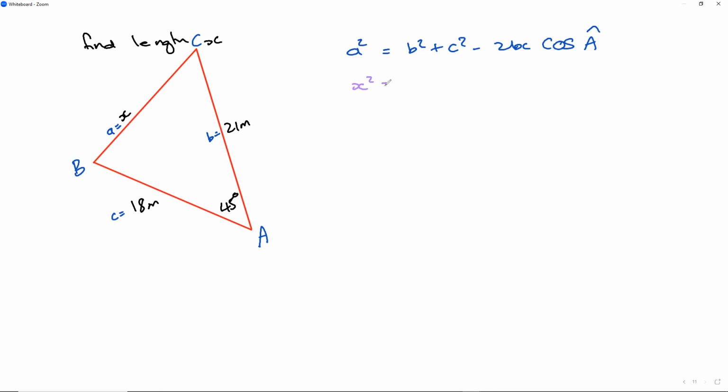So I've got x squared equals b squared, which will be 21 squared, plus c squared, which would be 18 squared, minus 2 times 21 times 18 cos 45 degrees. Putting this on the calculator, I got 21 squared plus 18 squared minus 2 times 21 times 18 cos 45 comes to